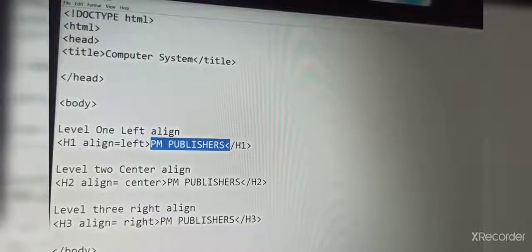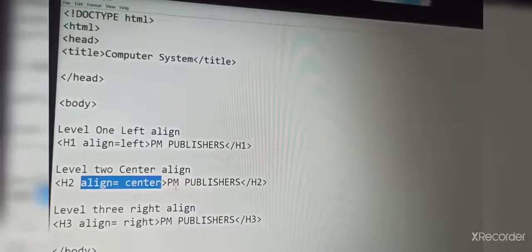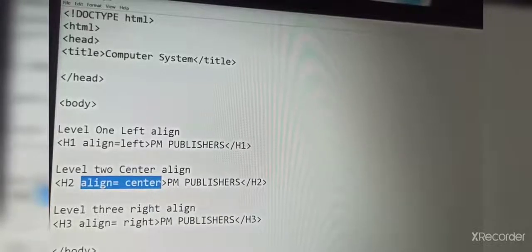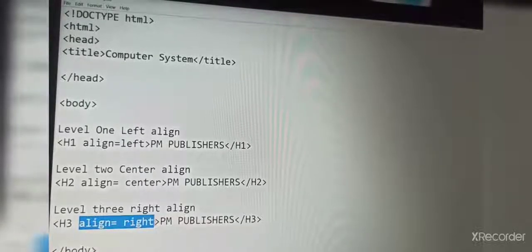Then you see here the second heading we have given align center, so this PM publisher will appear in the center. Then the third heading we have given align right, so this PM publisher will appear on the right side.